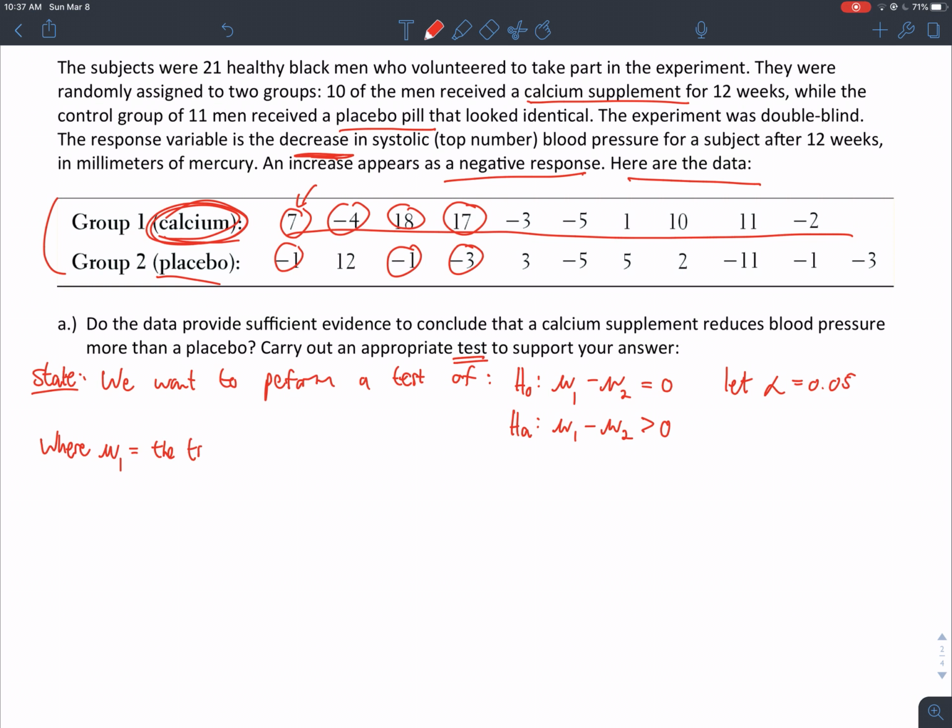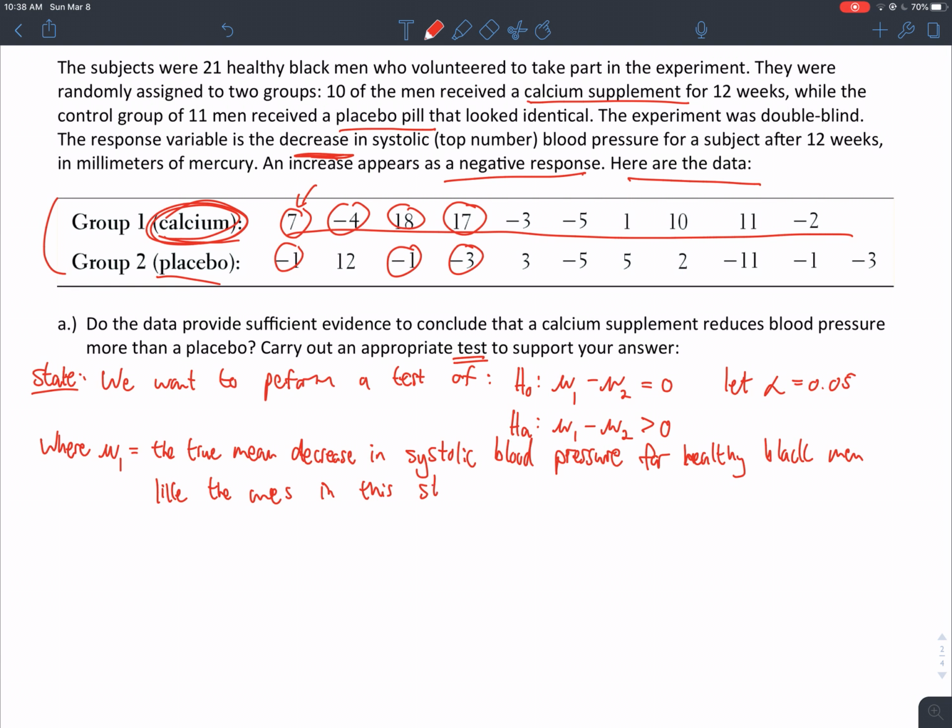It's the true mean decrease in systolic blood pressure for healthy black men like the ones in this study who take